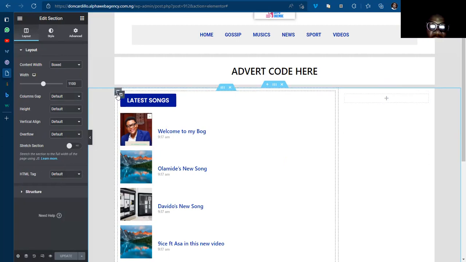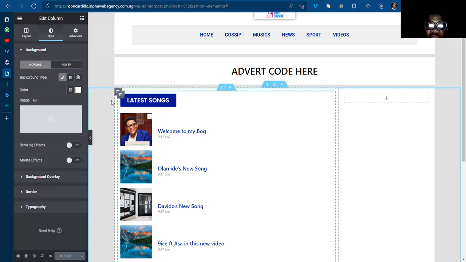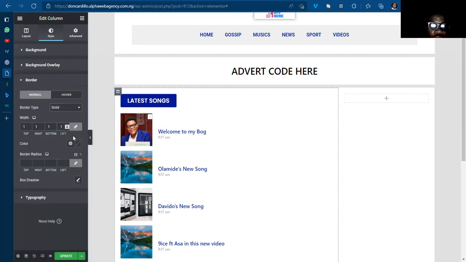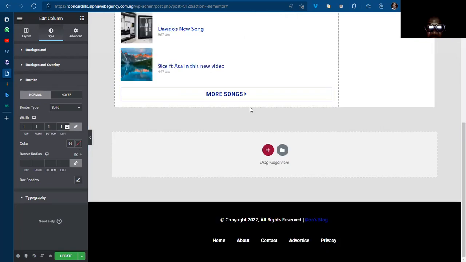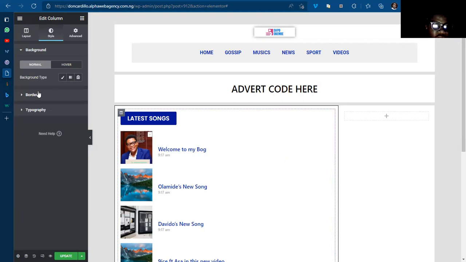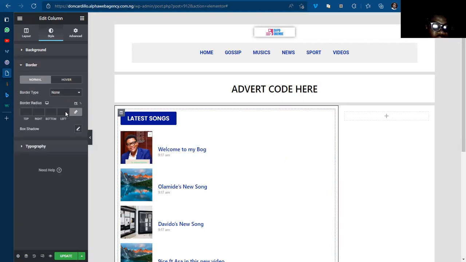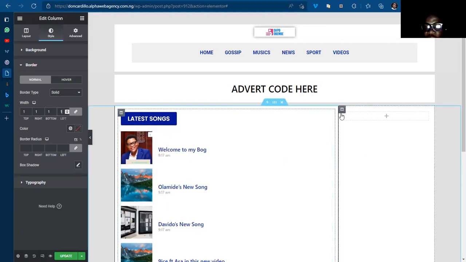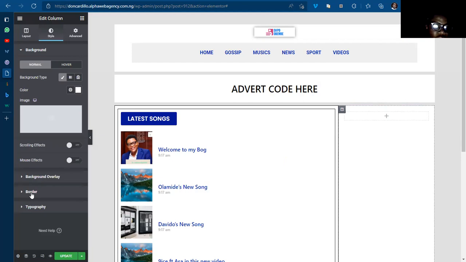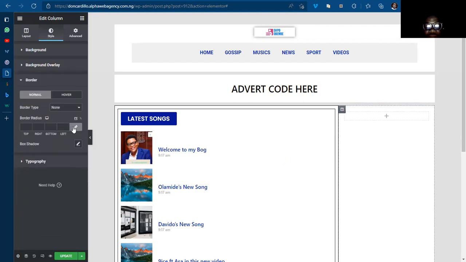Let's start with this column, the first column here, not the inner section, this first one. Where is the border? Make it solid 1. It covers here. Now you can add another to the column inside the inner section. Now we want to extend the border to the right sidebar. We just include it here. Border type solid. Width,